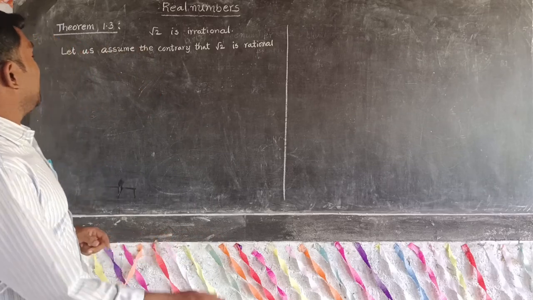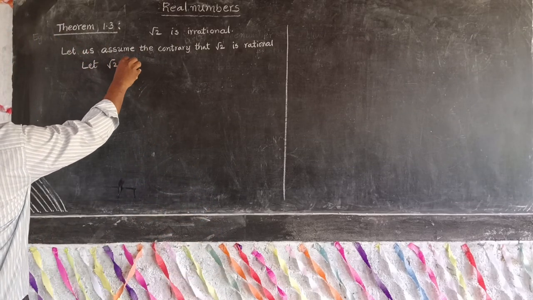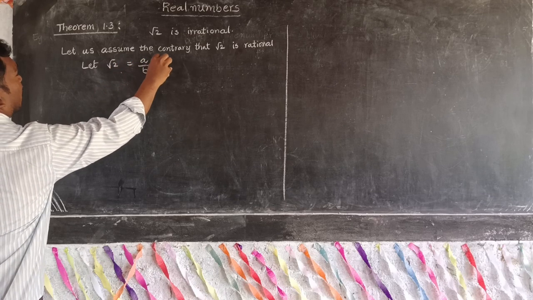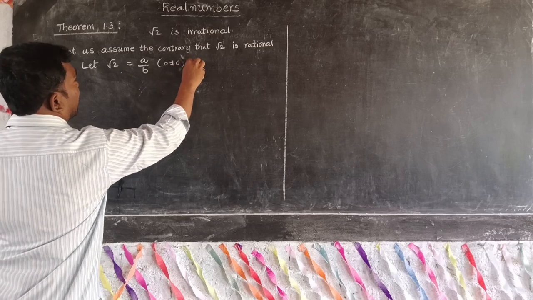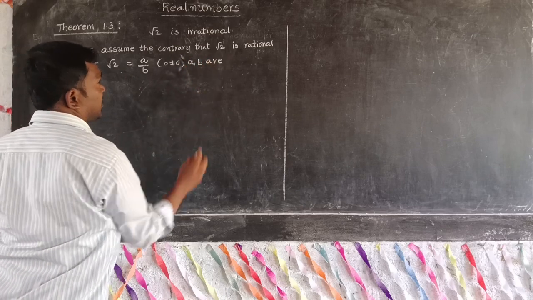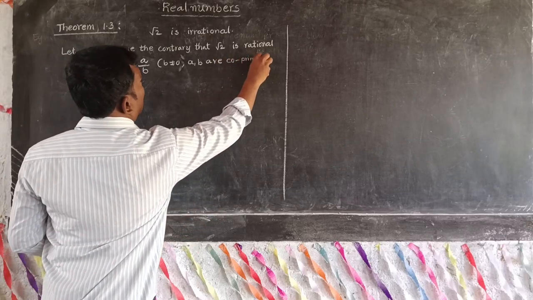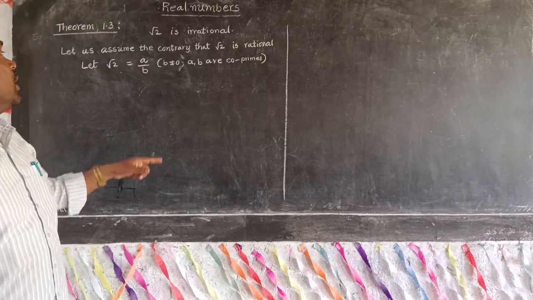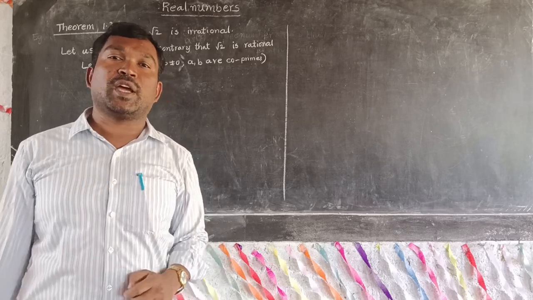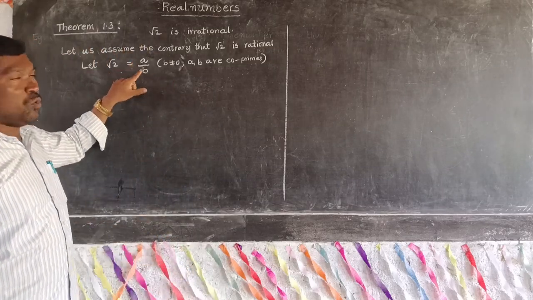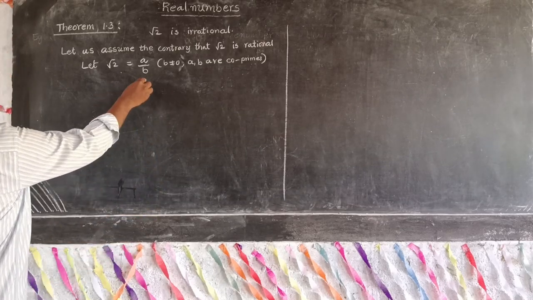So let root 2 equal a by b, b is not equal to 0, a, b are integers. a, b are integers, that means co-primes also. Co-prime means a and b have only one common factor, that is 1. Next, that implies